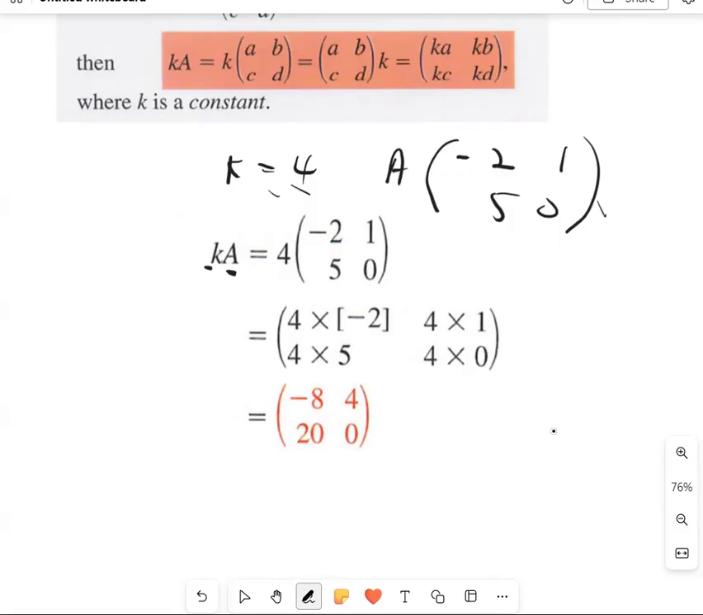4 by minus 2 gives you minus 8. 4 by 1, 4. You don't have to do all this; you would watch the thing and do it. 4 by 5, 20. 4 by 0, 0. But if you want to do this step,